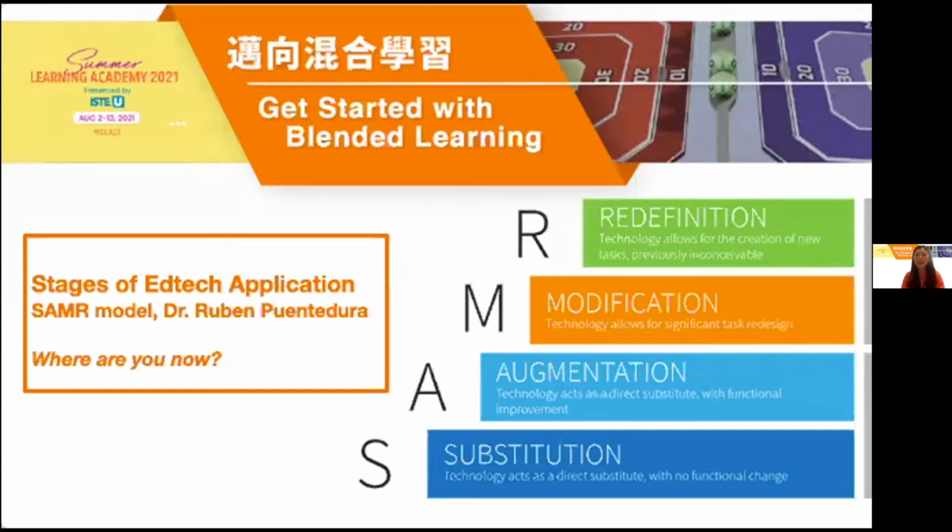Ready? 1, 2, 3. Cheese. Let's do one where everyone's happier, showing a thumbs up for blended learning. Ready, everyone? 3, 2, 1. Cheese. Excellent, thank you. Cynthia, you got it? Great, we got it.